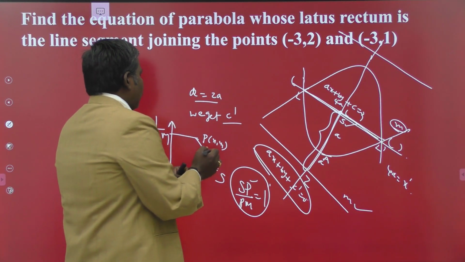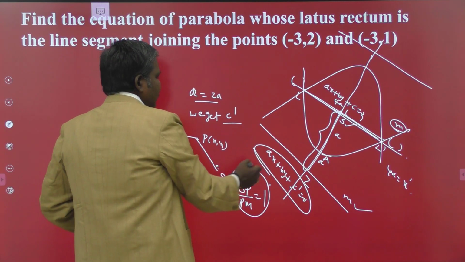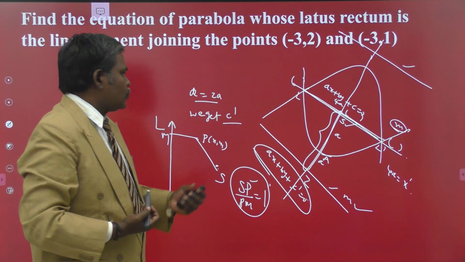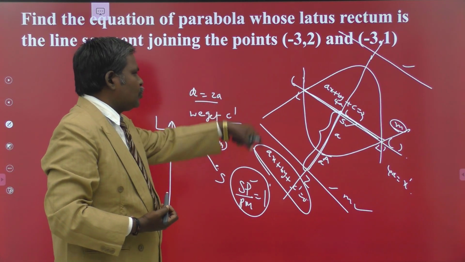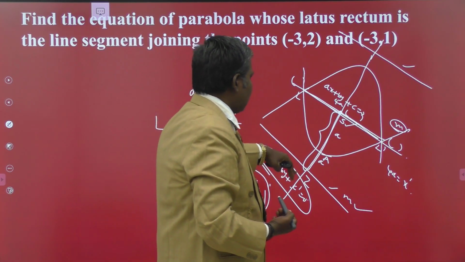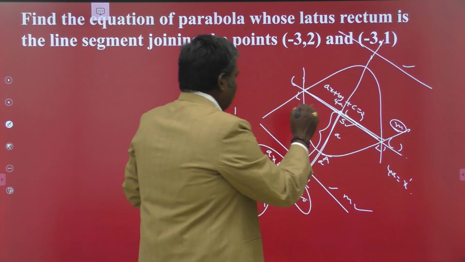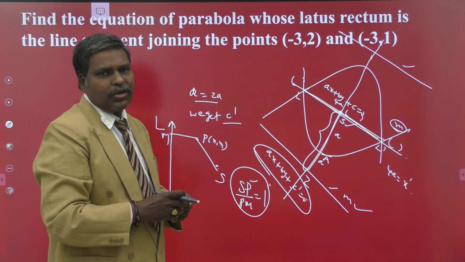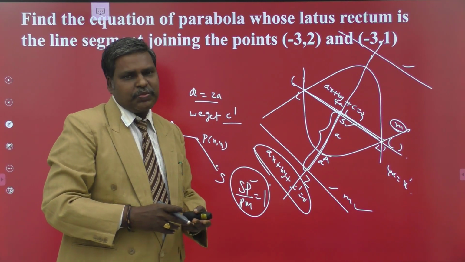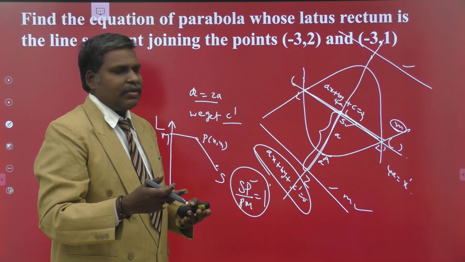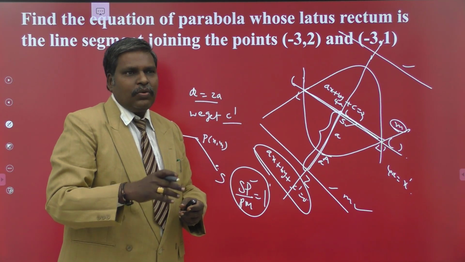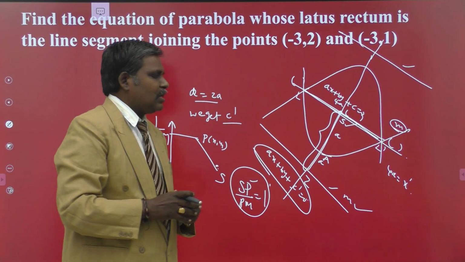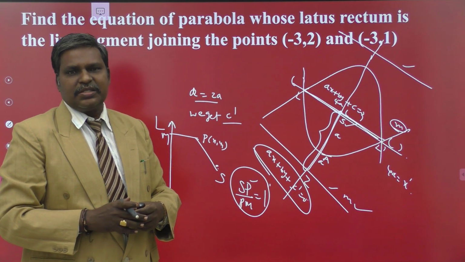Similarly, for this perpendicular distance, we have two values for c dash, one for this directrix and another for the other directrix. So two equations we obtain directly. By removing the modulus here itself, we obtain two c values, one c for this directrix, another c for the other directrix. So in that manner, we can crack this. No need to check the plus or minus, plus 4a or minus 4a, because we are obtaining the general form SP by PM is equal to 1. The direction is taken care of by the simplification itself. Understand? No need to write (y minus k) whole square equal to minus 4a into (x minus h) like that. We can't write it because the axes are not parallel to the x axis nor to the y axis, my dears.